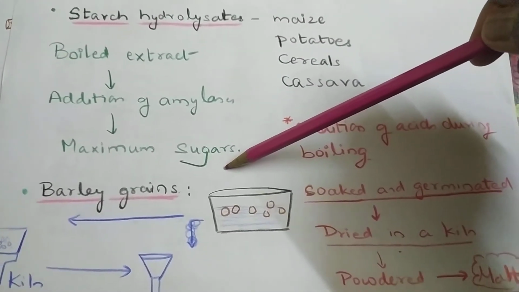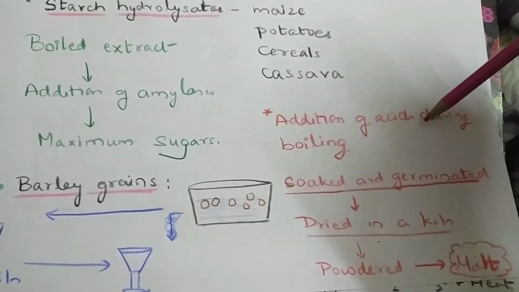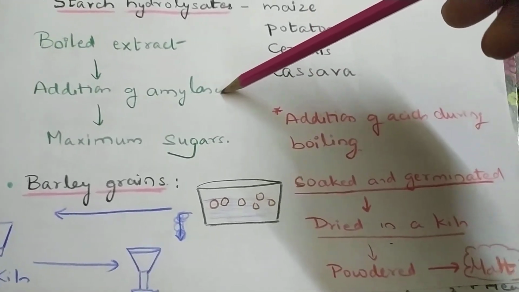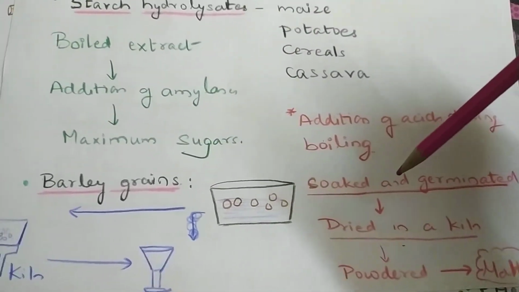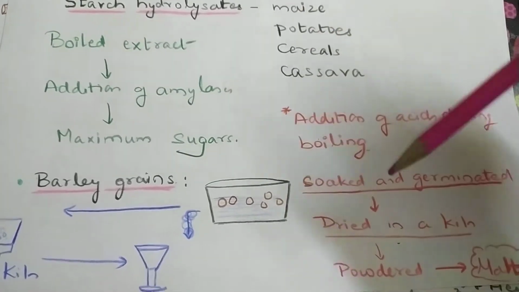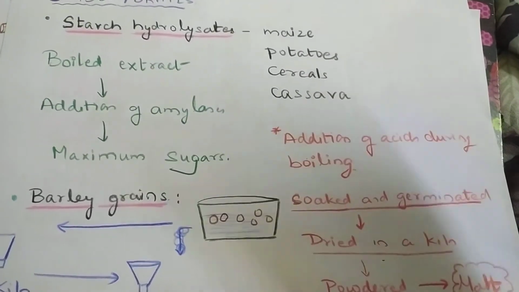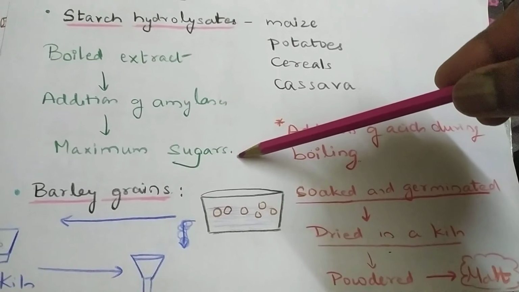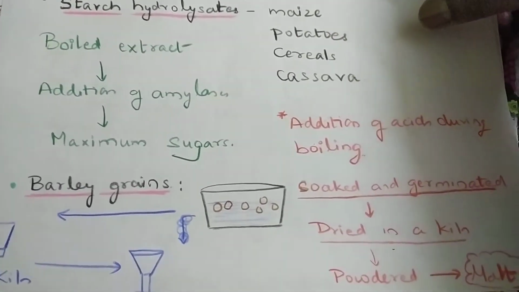How can you execute it? By boiling, then by adding acids, by adding amylase. Of course, you'll add amylase after the media is cooled. Okay, that's all the procedure. So different steps you can follow, and you can produce the simple sugars so that yeast can directly use them